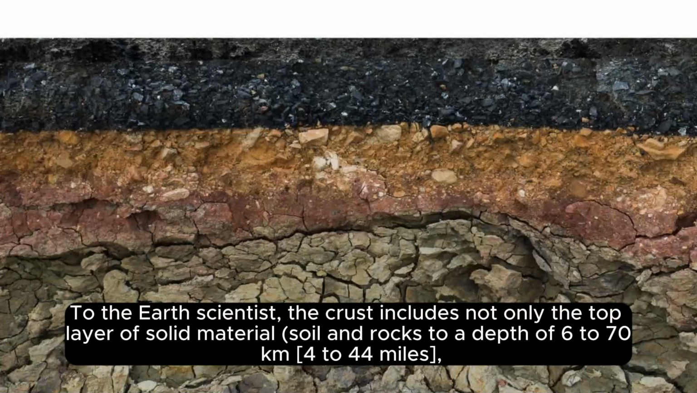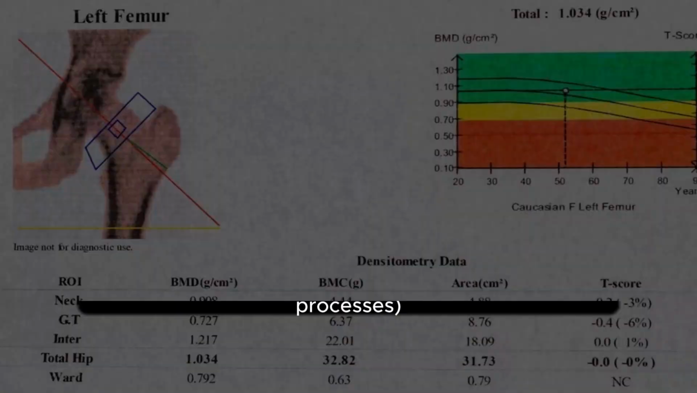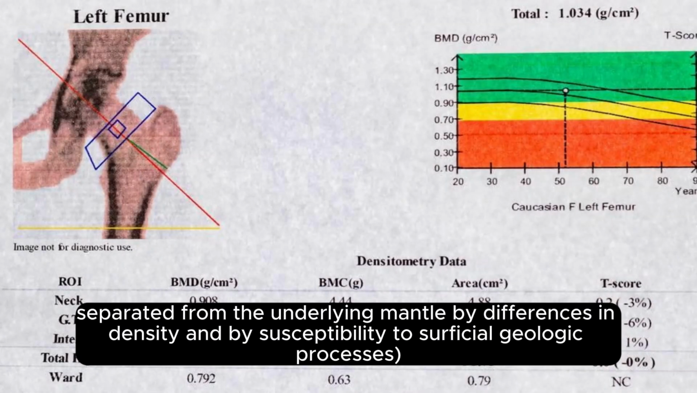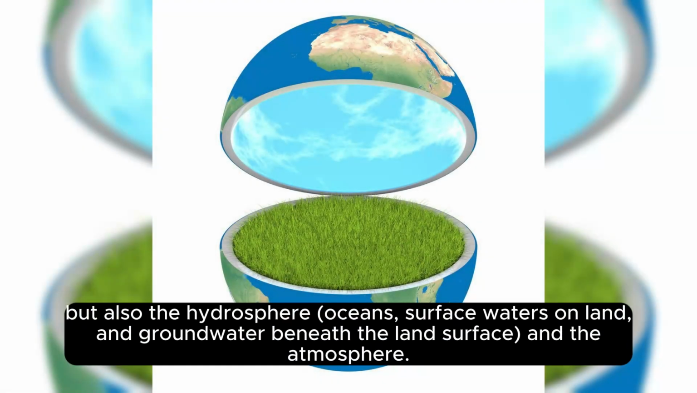To the Earth scientist, the crust includes not only the top layer of solid material, soil and rocks, to a depth of 6 to 70 km (44 miles), separated from the underlying mantle by differences in density and by susceptibility to superficial geologic processes, but also the hydrosphere, oceans, surface waters on land, and groundwater beneath the land surface